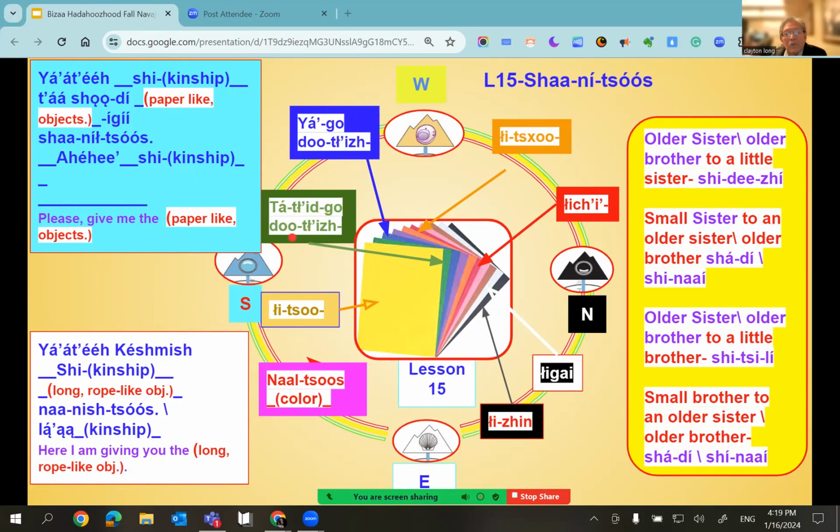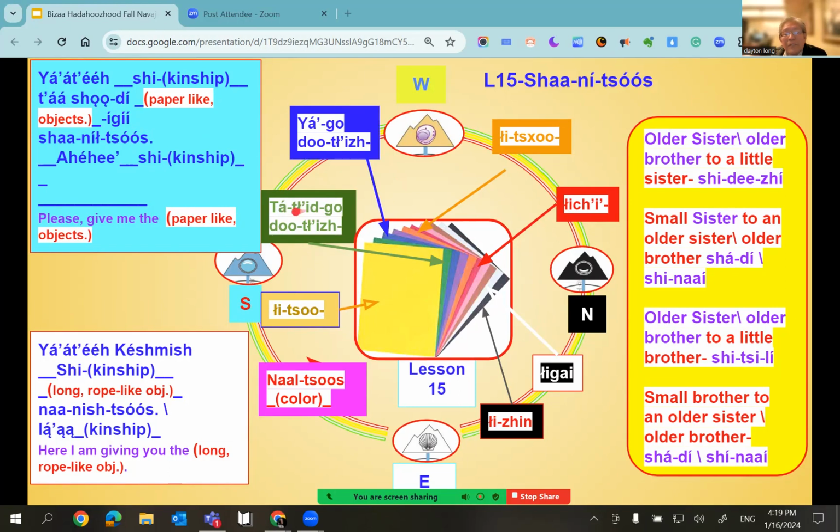Shaaníłtsoos, cut it go dot is jiggy. Dot is jiggy. Iki's right there. Cutlet means, if you look in the water, sometimes you can see this green algae. Green algae is called cutlet.